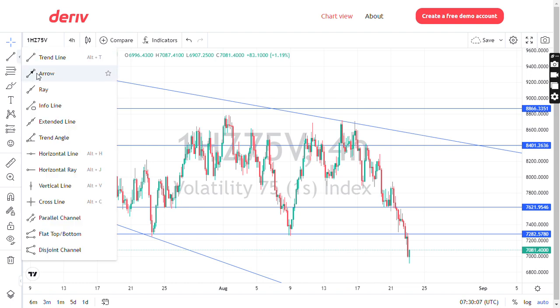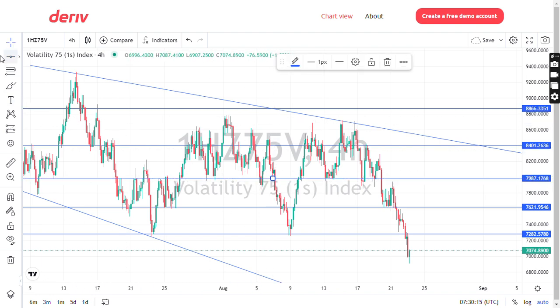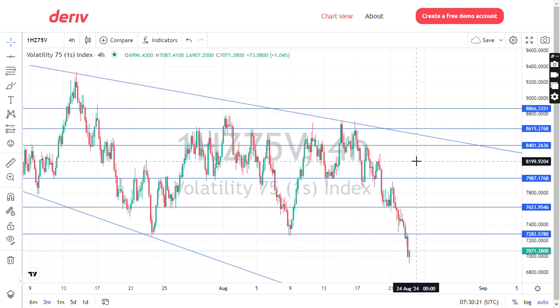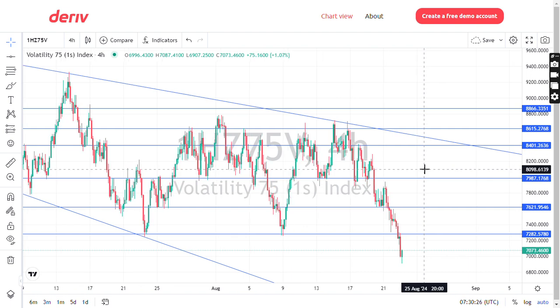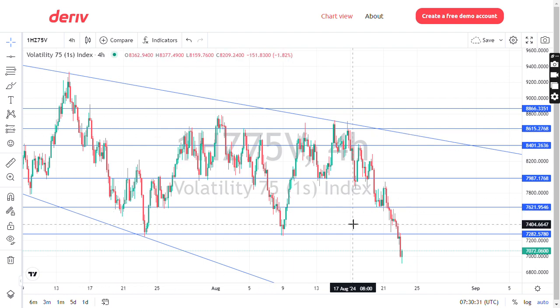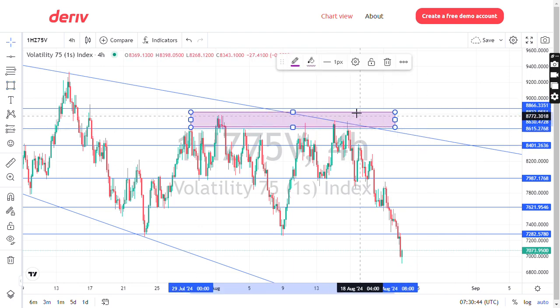So okay, cool. Then you start to notice that, oh damn, we can actually have even more support and resistance levels, just to solidify and have better entry criteria, if I may say. So cool, those are our support and resistance levels, and this is our overall trend. Now inside the trend, we can look for another trend. We call that trends within trends, or we can look for a price action pattern. And if you look over here, we have a double top right there, hence why we sold from this point